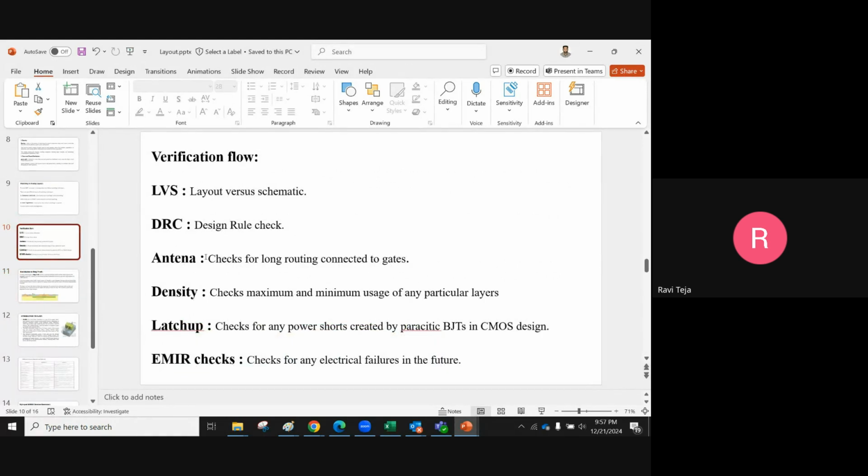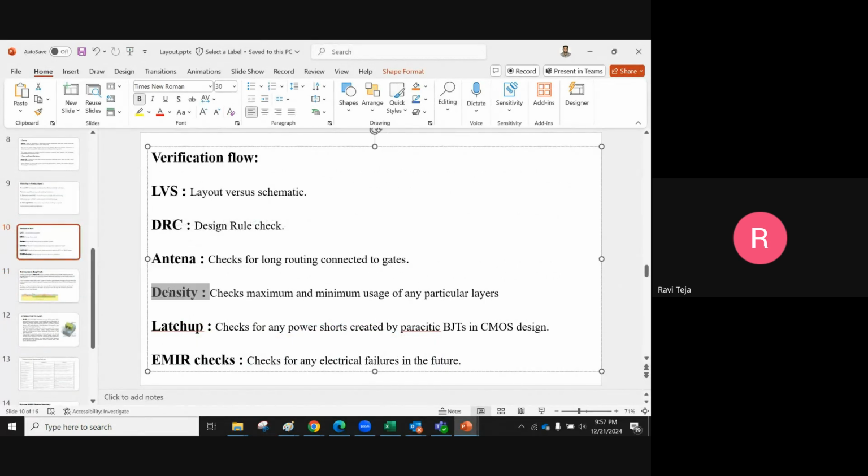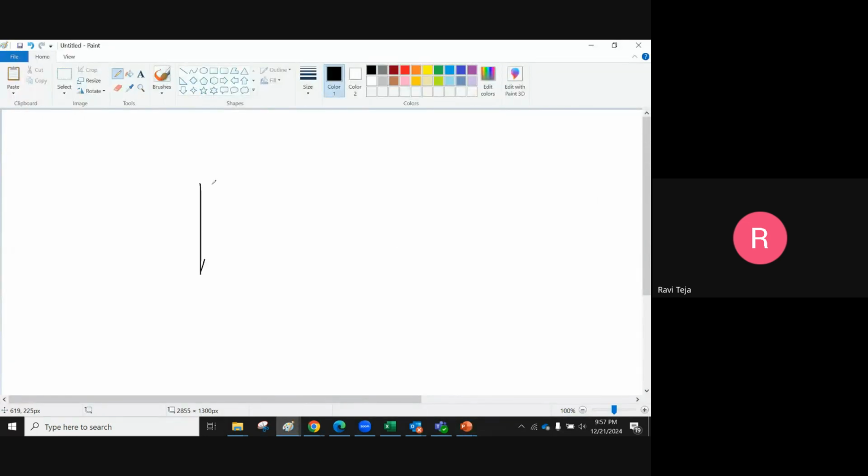And then here, antenna is done, density is like every manufacturer fab will have some density violations, so minimum and maximum density. What exactly this is, if I take, okay,